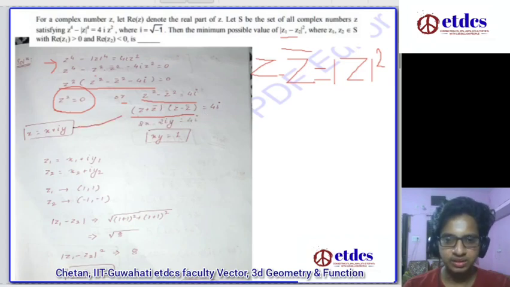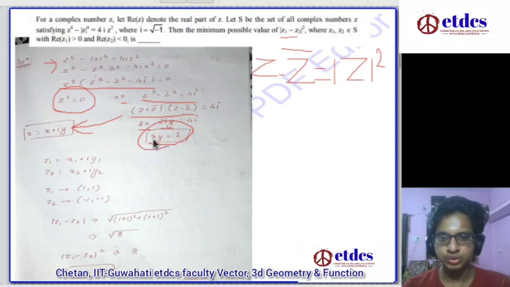So let us consider z is equal to x plus iy. So this z plus z bar is, we know, twice the real part, that is 2x, and z minus z bar is twice the imaginary part, so 2 into iota y is equal to 4i. So 4 and iota get cancelled from both sides, so we get xy is equal to 1.